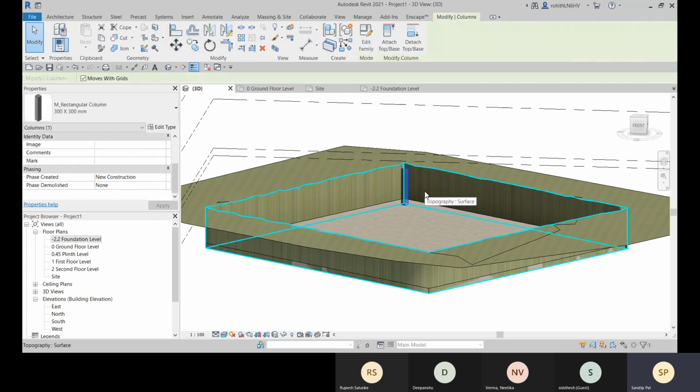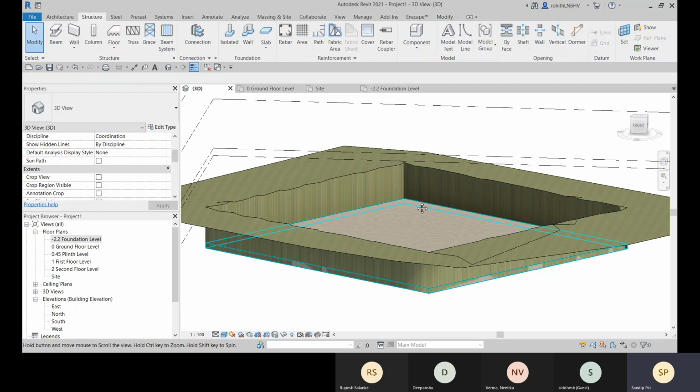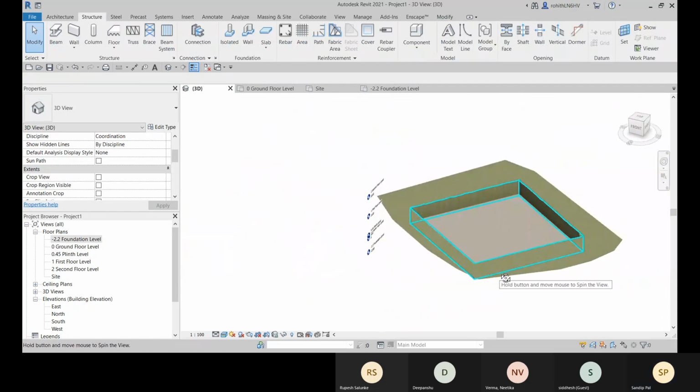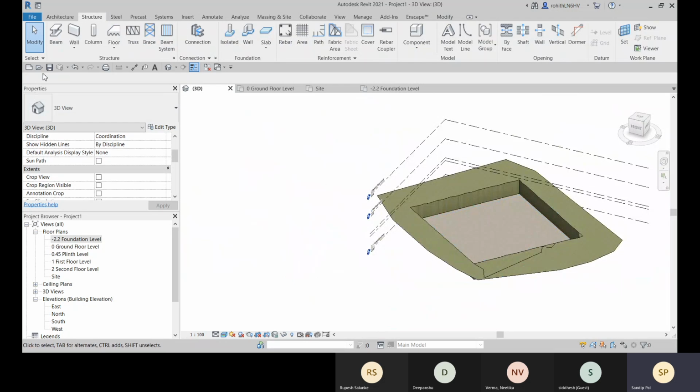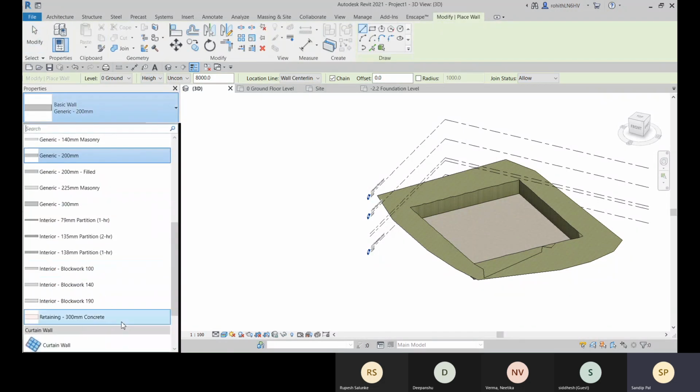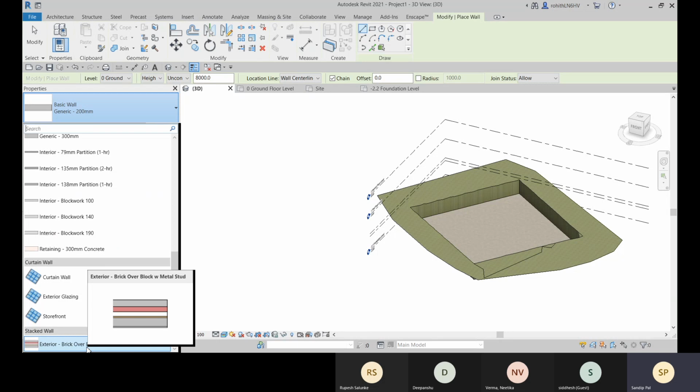So for that, you can leave this, or else you can go with the wall also. So we can go with this kind of wall. So go to this, sorry, not go to this wall architecture, and here we have this stacked wall. Okay, so we have this stacked wall.